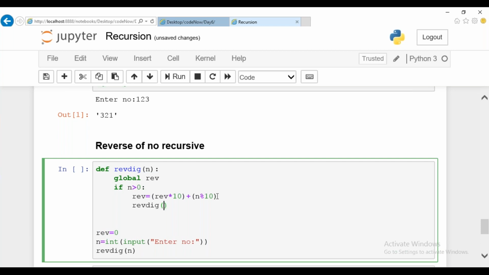Integer division of it, so let me mention integer division. Guys, is this clear? Do you have any doubt on it? A very simple program, guys. If my n value is greater than 0, perform this operation. For reversing a digit, you're supposed to pass the given number integer division by 10.